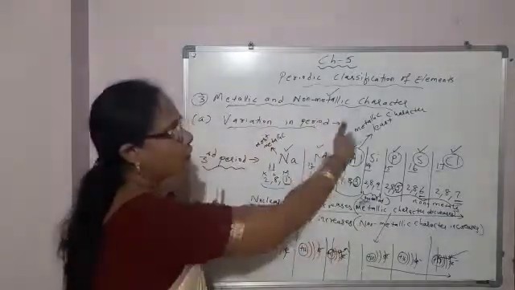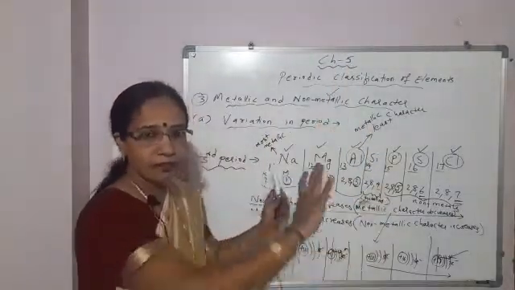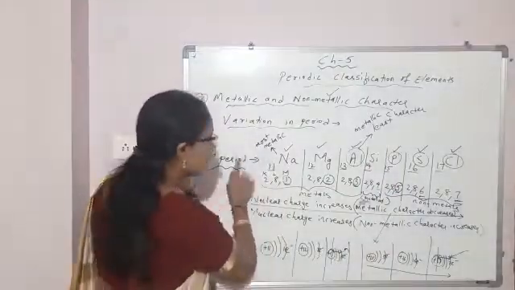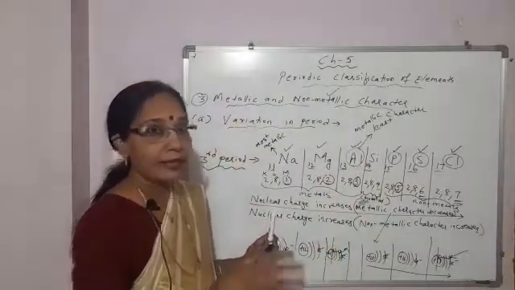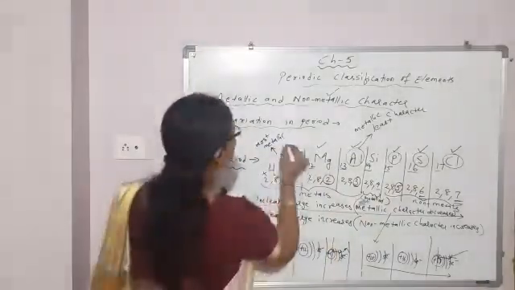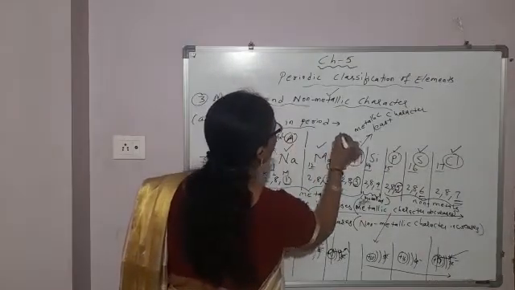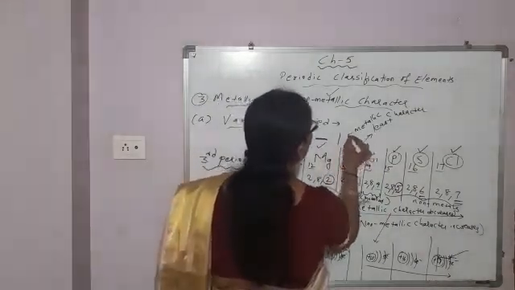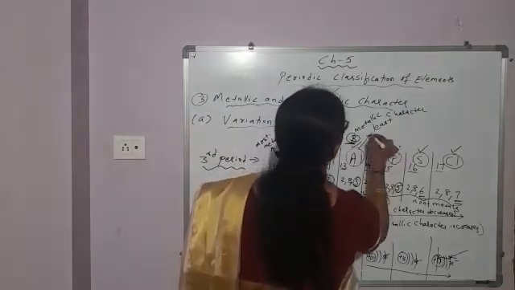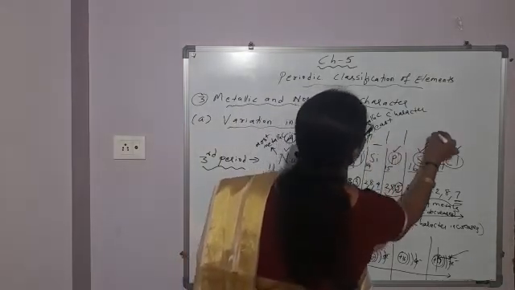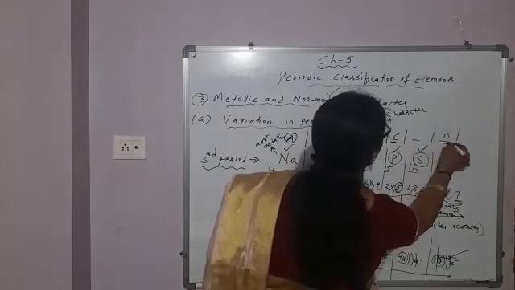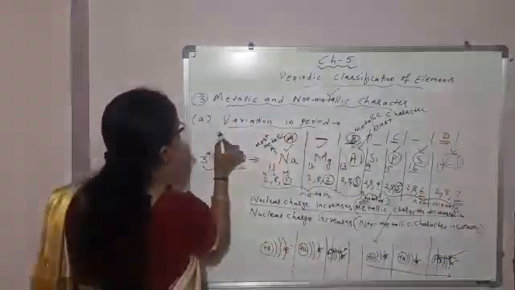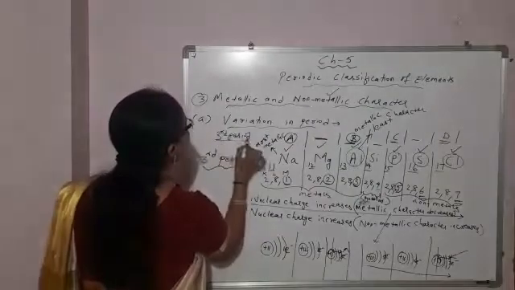A table will be made for you, a periodic table. Not the complete table, half of the table will be made for you. Third period will be mentioned. Then elements will be written, not the symbol of the element. In place of the symbol of element, letter A, here dash, then B, here dash, then C, here dash, then D. Okay, and third period is mentioned here. So you come to know these elements belong to third period, A, B, C, D.